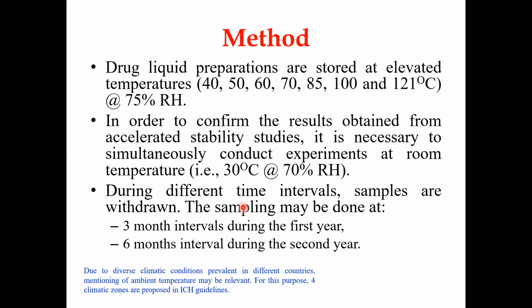Let us see the protocol. So how do we have to do it? What we have to do is take the drug product. Let us say a tablet, a capsule, or a solution. You have to subject it to different temperature conditions like 40, 50, 60, 70. The minimum is 40, as per ICH guidelines. If you want to do accelerated conditions, you have to start from 40, and use at least 4 different temperatures. It may range from 40 to 120 degrees centigrade.